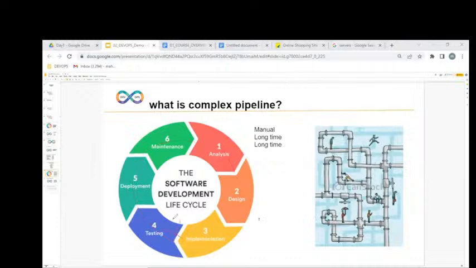So due to the manual process, if you got an issue in the middle, identification will take a long time. For resolving, a long time. That's what we're calling complex. To understand one more time, we have a water pipeline underground. Somewhere else we have a blockage. How difficult is it to find? Very difficult. Am I right or wrong? For identification it will take a long time, and for resolving also it will take a long time. That's what we're calling complex.